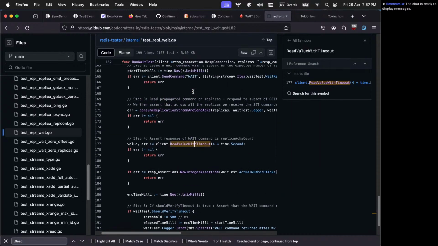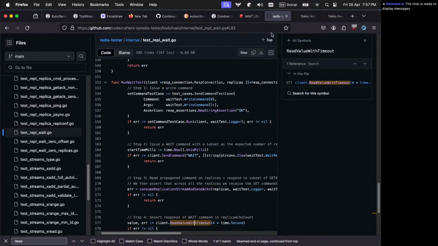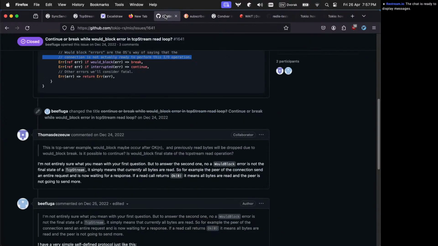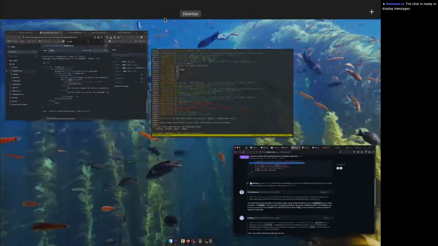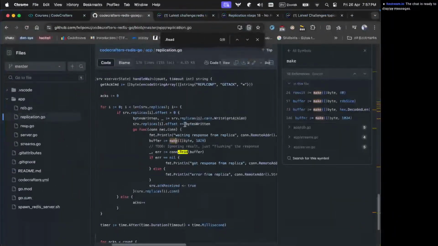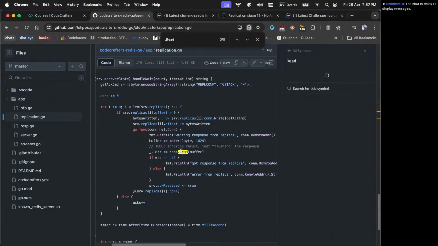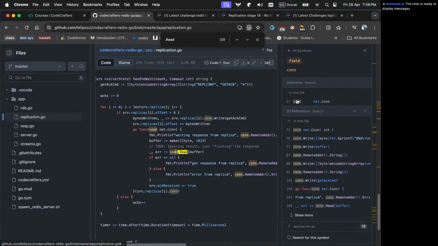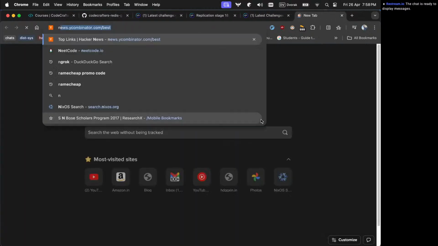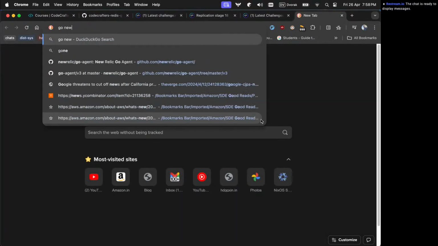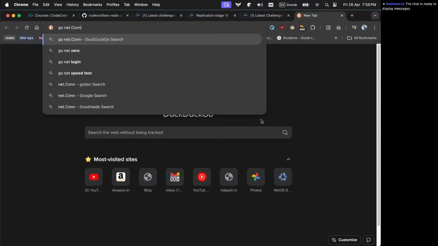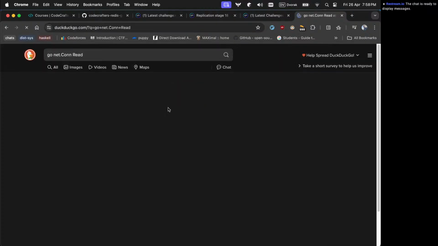Okay, this is good. This is the test cases, not the repository which we had opened before, but I guess this is the repository. So connection dot read, and what is the connection? Connection is net dot Conn. So let's see, Go net dot Conn and read.